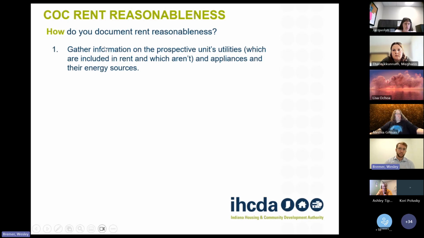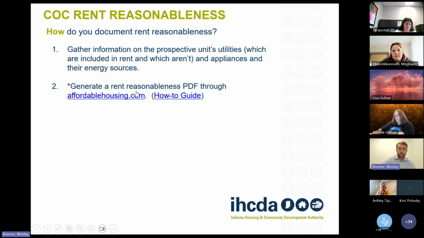Which utilities are included in rent, which ones are not included in the rent, and then the appliances and their various energy resources. There are a few places where you can capture this information on the wrap contract, that page where you kind of profile or note the units, appliances, and utilities, or you can note it on the utility allowance schedule itself. But anyhow,